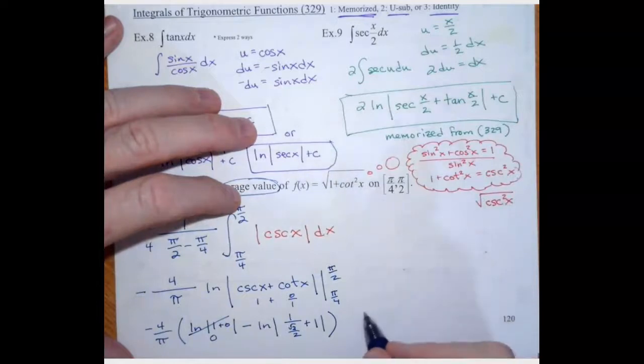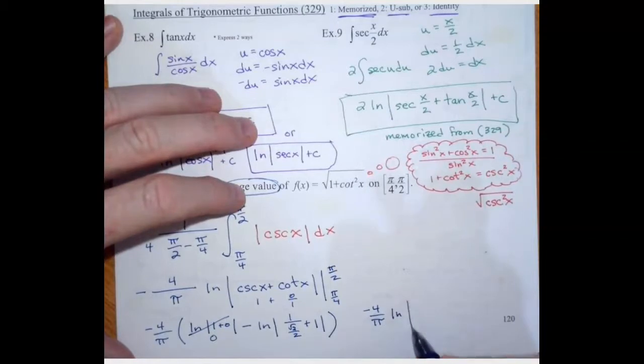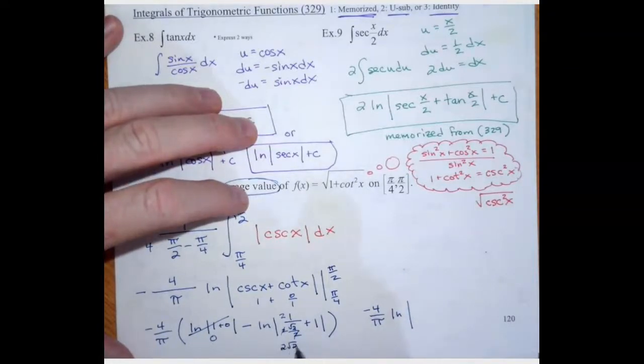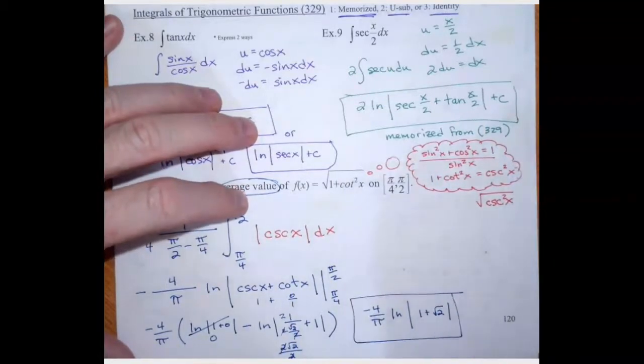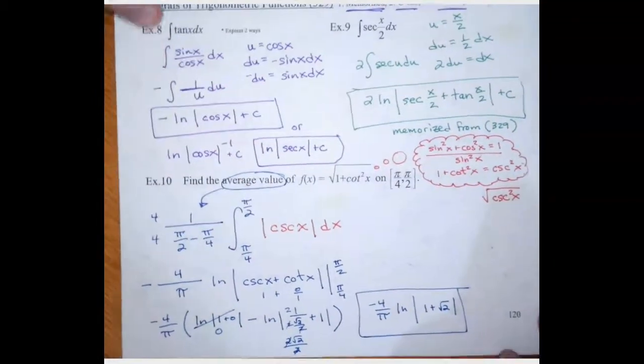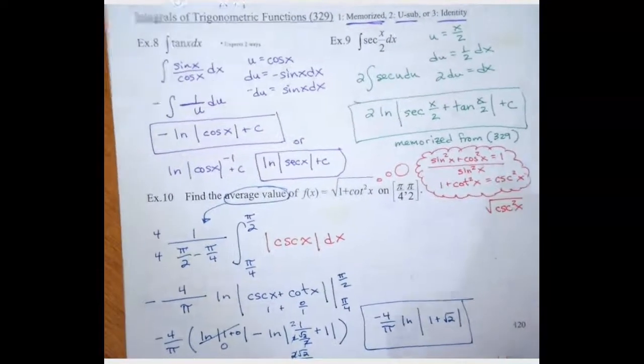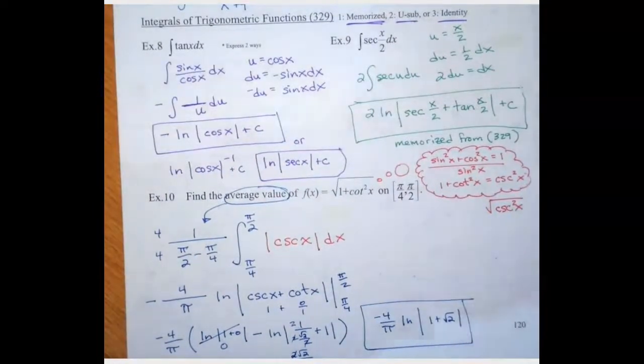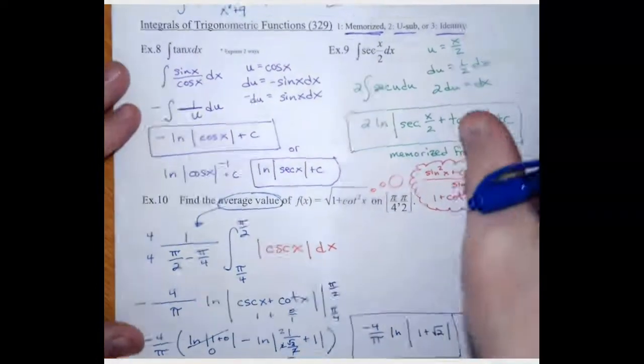So that leaves us with negative 4 over pi times the natural log of, if we multiply this by 2 over 2, that's 2 over root 2, which is 2 root 2 over 2, which is just root 2. So it's 1, I'm going to switch those around, 1 plus root 2. Alright, so that is that, and we are down to our